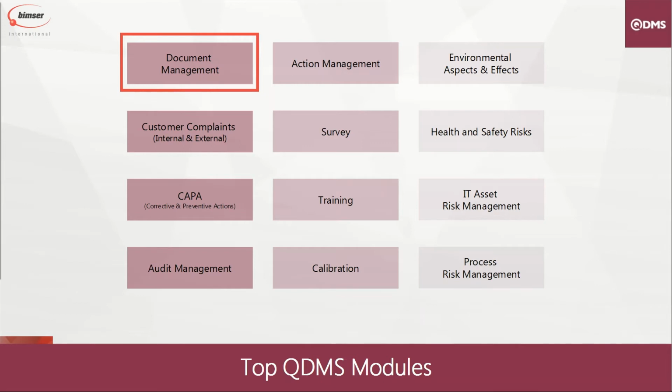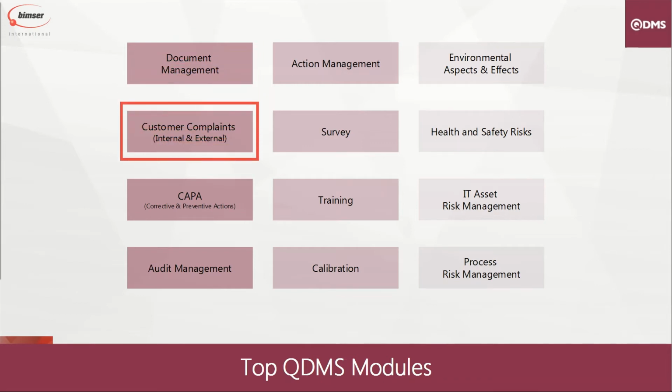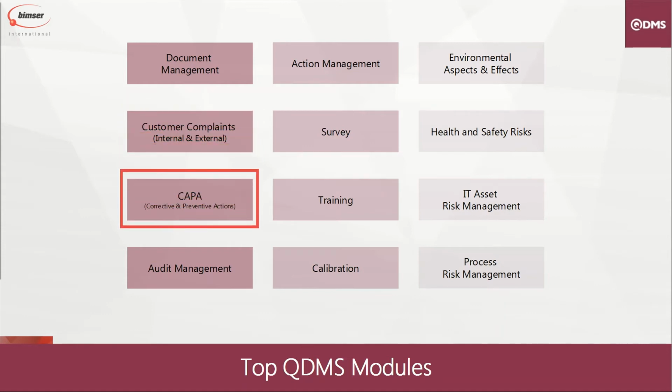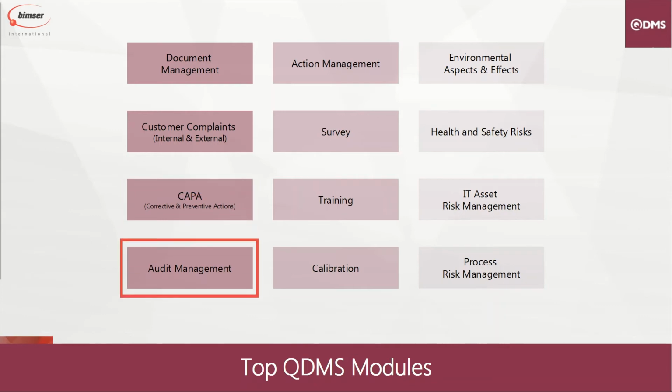The next module is the Customer Complaints module, which accepts complaints submitted by both employees and customers. Below that, we have the CAPA module. CAPA stands for Corrective and Preventive Actions. Using this module, companies can identify nonconformities and opportunities for improvement, and they can develop a plan to take care of them. With the Audit Management module, companies can create audit plans and send an employee to perform an internal